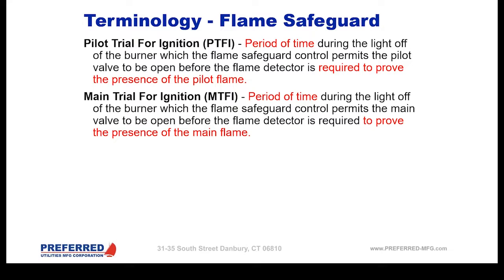So basically, in an interrupted pilot situation, we would bring on the igniter and the pilot. We would go through the PTFI period to ensure that we do have a pilot through the flame detector. At that point in time, we would bring on the main fuel valves and start the main trial for ignition with the main valves open, and that basically would be after we turn off the igniter and the pilot. So if it's an interrupted application, that's when we would be seeing the flame from just the main flame signal